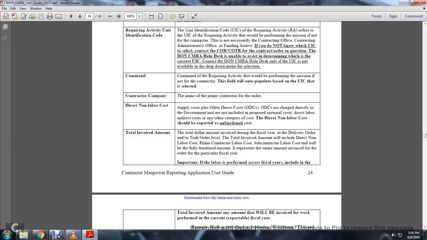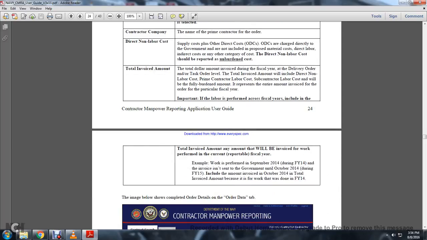Total invoice amount: the amount invoiced during the official year at the delivery order or task order level. The total invoiced amount would include the direct non-labor costs, prime labor costs, and subcontractor labor costs. Enter the amount invoiced for the order for the particular official year. The total invoiced amount will be for the work performed in the current reportable